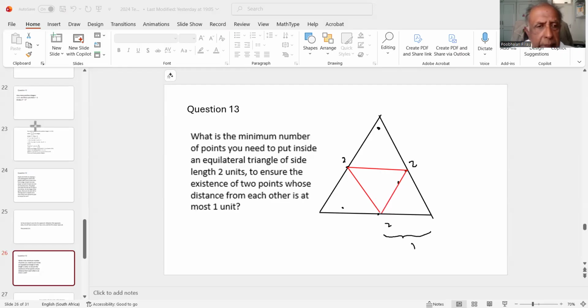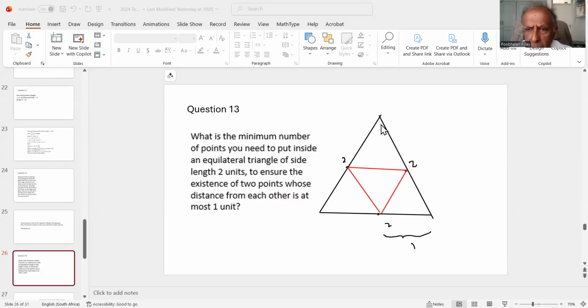Now, I think inside this situation here, it might be possible to find 4 points. In this case here, I think I can find 4 points whose distance from